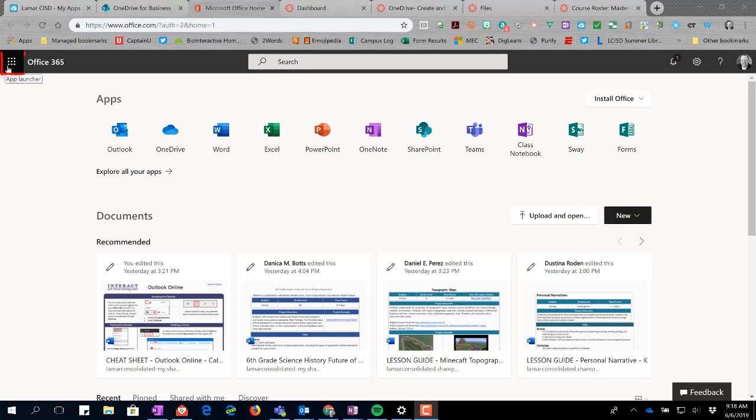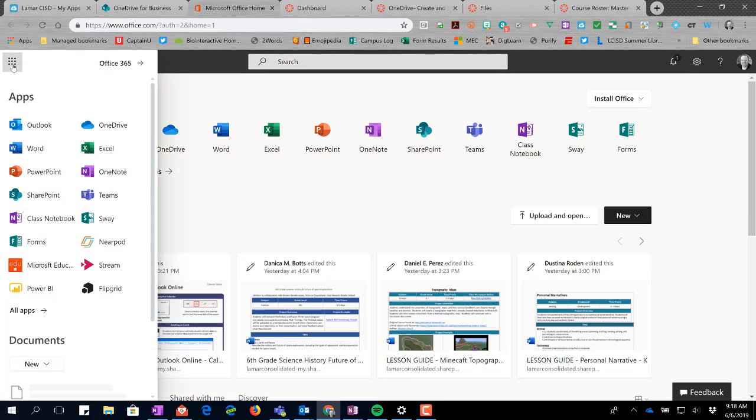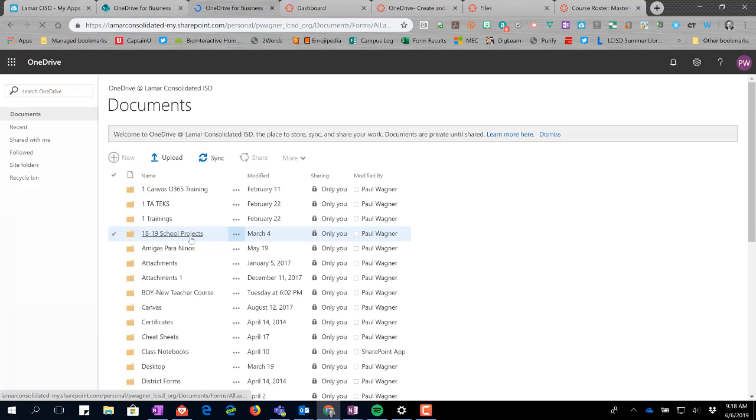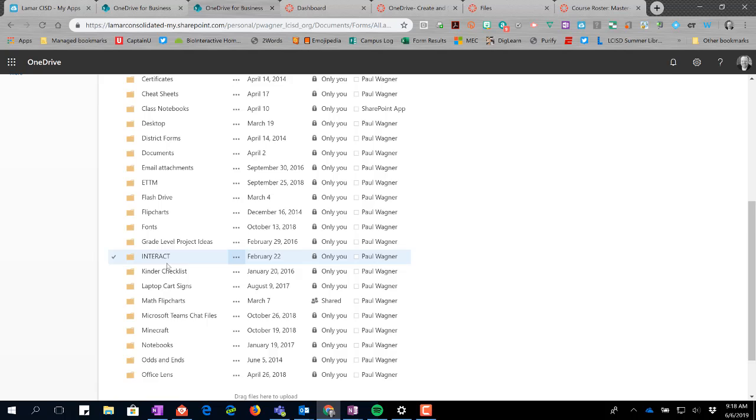In the upper left hand corner I have what's called the App Launcher. The App Launcher lets you jump from one different application to another. I'm going to click on the App Launcher and I'm going to go to OneDrive. When OneDrive opens, you're going to see in my Documents folder I have many different folders already that I have